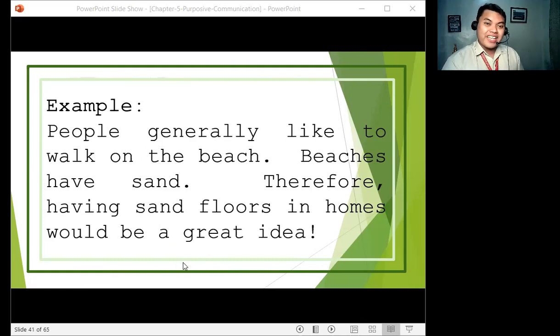So if we say argument, that is a statement, okay, the main statement of the problem. So the argument there is people generally like to walk on the beach. That's the main statement of it. And why is it there is a wrong conclusion? How to identify that there is a wrong conclusion? Because of the word therefore. Therefore is a transitional device that means to conclude something. So having sand floors in homes would be a great idea has nothing to do with walking on the beach. Okay? So next,